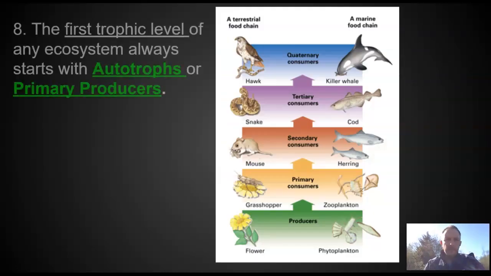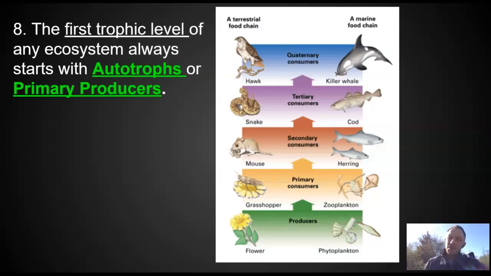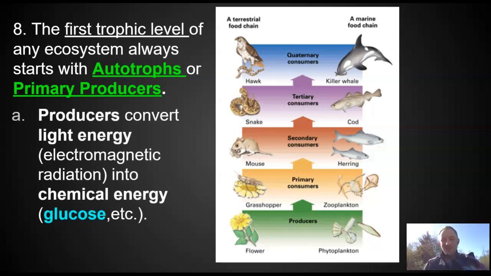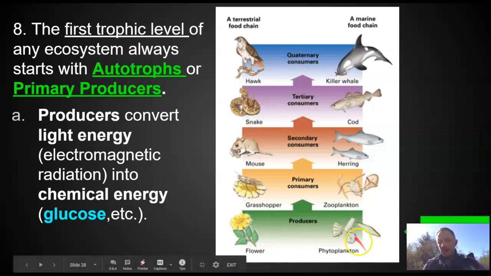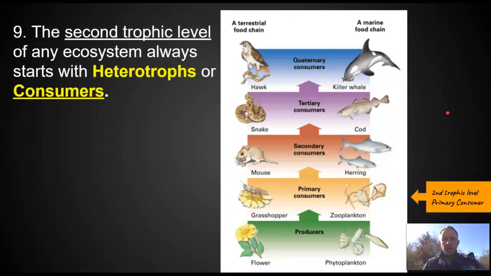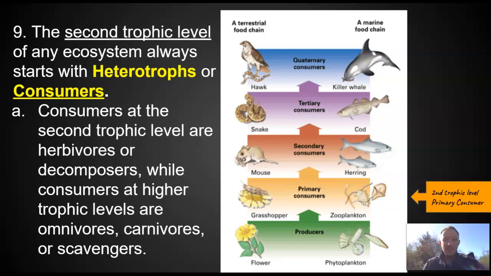We'll find out. The first trophic level, as I just said, is always made up of autotrophs, producers. You have to produce something in order for it to be consumed. Producers convert light energy into chemical energy, glucose, for everybody else to consume, and they're always at the first trophic level. On land, it can be plants. In the ocean, it's phytoplankton and algae. The second trophic level is made up of consumers, specifically herbivores, things that eat those producers.